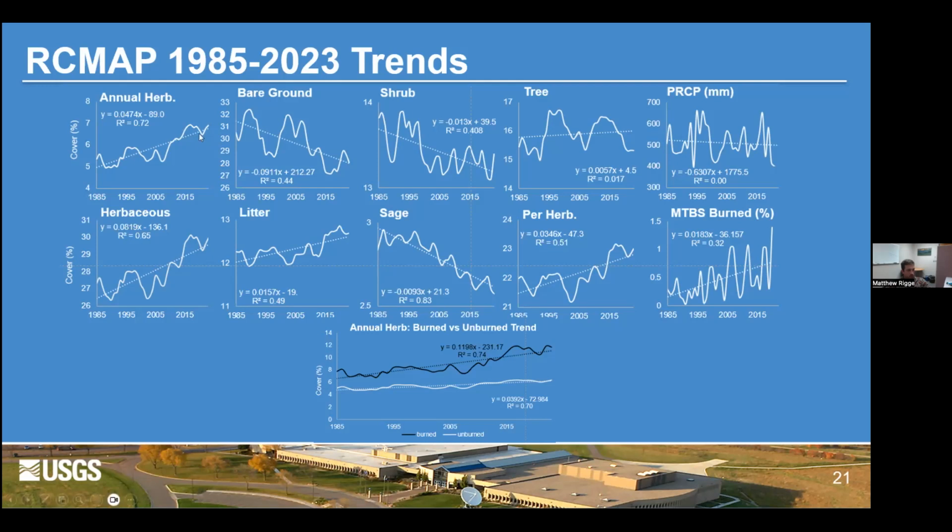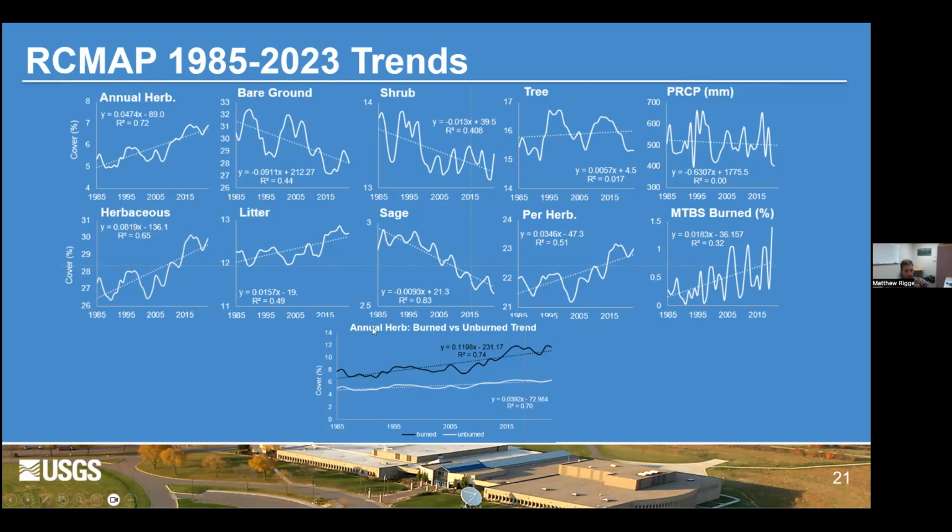And somewhat counterintuitively, at least it was counterintuitive to me initially, increasing annual herbaceous drives decreased bare ground. Annual cheatgrass is filling in spaces between shrubs, and it produces a lot of litter as well. So we can see litter is increasing as well on average. So these two are strongly related, as is the decrease in shrub cover, slight increase in tree cover overall as